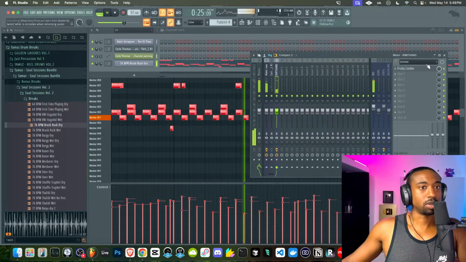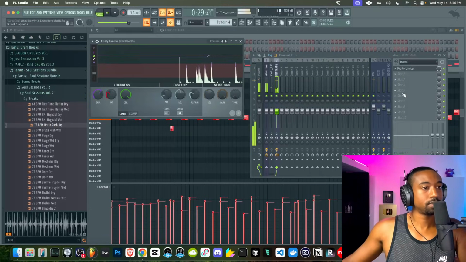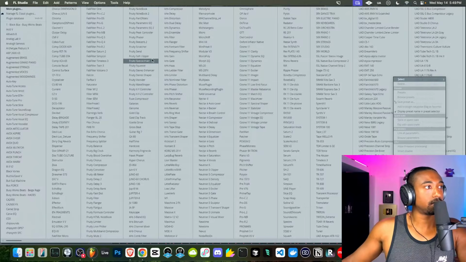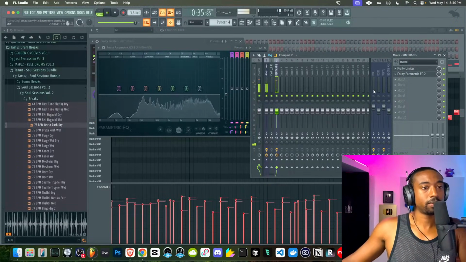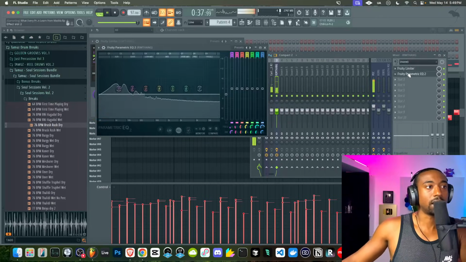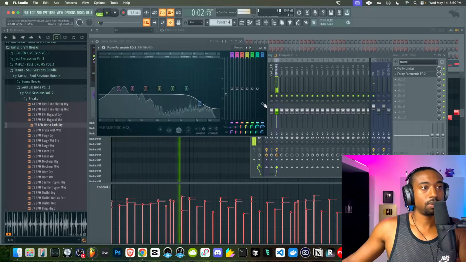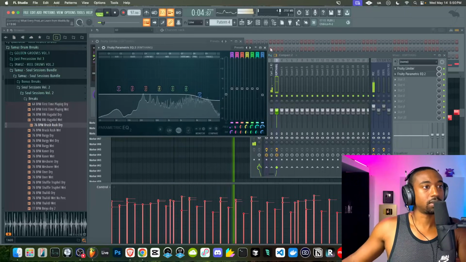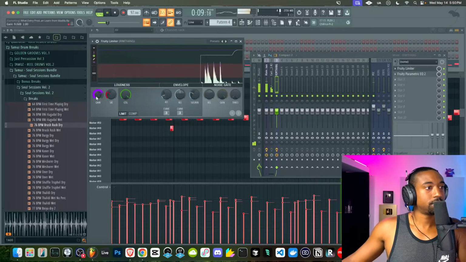Okay, so we're gonna push our drums a little bit harder through saturation. And don't be afraid to shave off the high end of your drums too, with the high shelf. Because those hi-hats are a little bright.